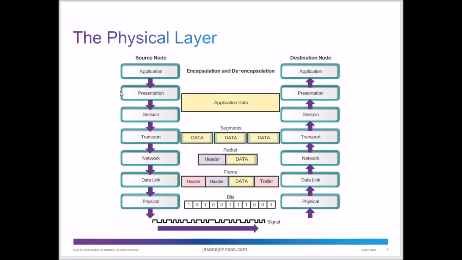Now, what is the purpose of the physical layer? The purpose of the physical layer is to allow devices to communicate with each other. When we're looking at the 7 layers of the OSI, the physical layer resides at this bottom layer right here. This is how we physically connect 2 nodes together, or a node into a network.